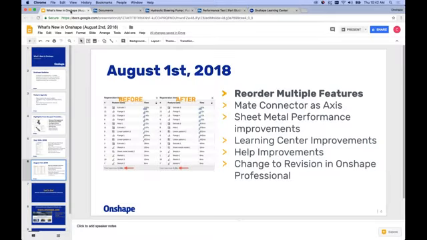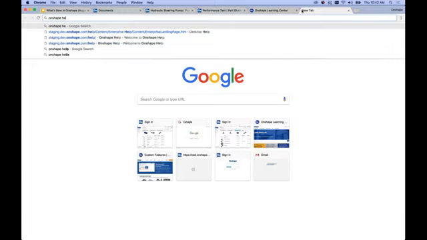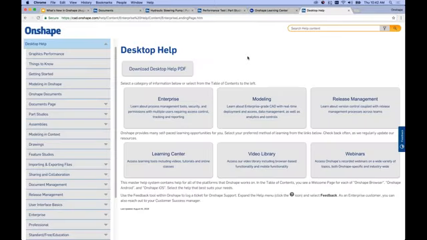Another improvement worth mentioning is to help. When you just browse to help, I'm just going to do a simple search here, but when you go to the default help page, what you'll find now are a series of categories that you can jump into, based off of things that users need to find very quickly. So I can now tunnel down into modeling or release management or enterprise or our webinars. If I'm looking for a past webinar or Learning Center course, I can do all of that from this home page within the help. In the past, this was kind of scattered in different places, whereas now